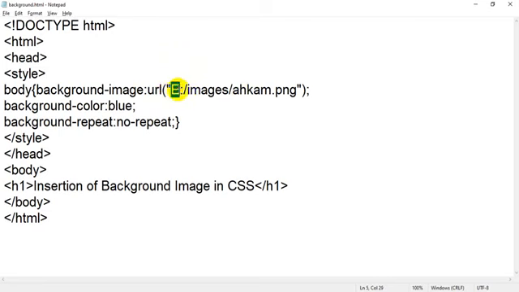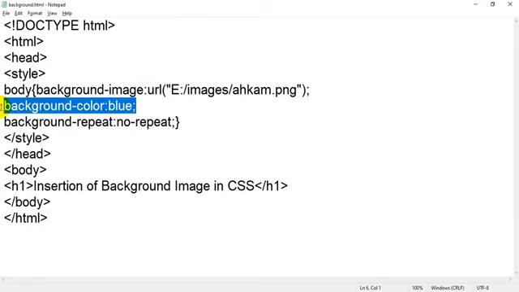In E drive we have a folder called images. In that folder we have a file named acom.png. Okay, this is the unique address of that image. After that we added one more property, the background we have seen earlier. Okay, if you remove it there is no problem.